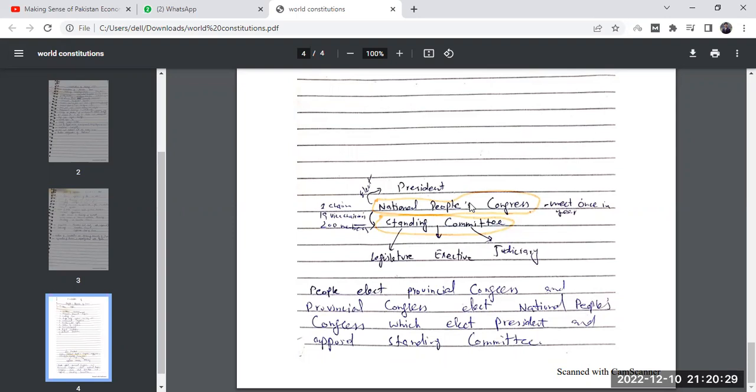करके, लेजिस्लेचर, एग्जेक्टिव और जुडिशरी को इलेक्ट करके वो फारिग हो जाते हैं। पीपल इलेक्ट प्रोविंशियल कांग्रेस, एंड प्रोविंशियल कांग्रेस इलेक्ट नेशनल पीपल्स कांग्रेस, विच इलेक्ट प्रेसिडेंट एंड अपॉइंट स्टैंडिंग कमेटी। वो फिर आगे इनको अपॉइंट करते हैं और वही फिर आगे काम करते हैं। तो बाकी जो चाइनीज सिस्टम है, वो बड़ा ही एक रिजिड टाइप का कॉन्स्टिट्यूशन है, अथॉरिटेरियन टाइप का है।